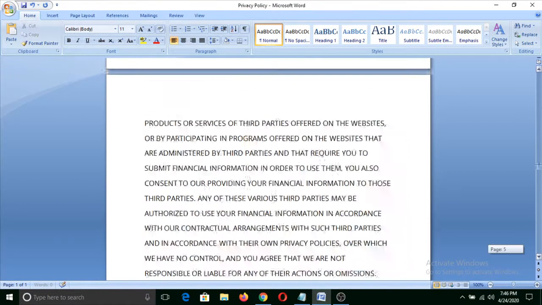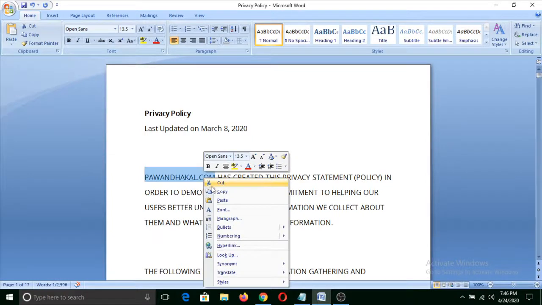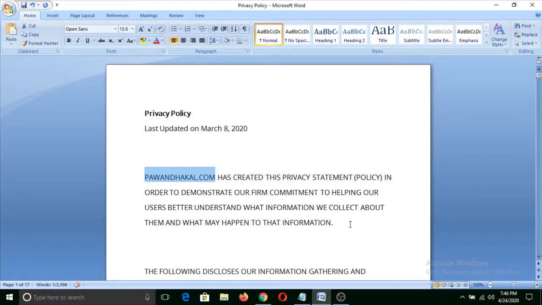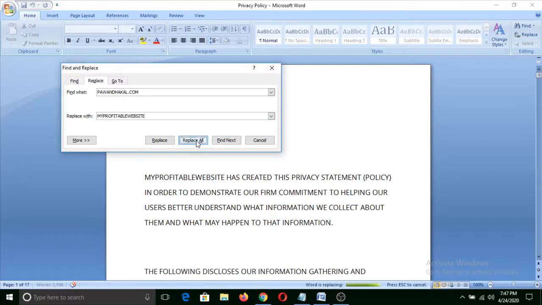Now one thing you need to do here: you can see pawandakal.com, this is my website. You can copy it, press Control F, put pawandakal.com and replace it with your website name. Replace it with myprofitablewebsite.com and click on replace all.